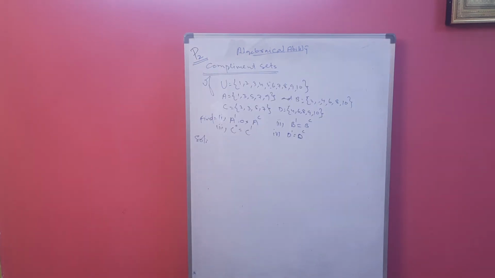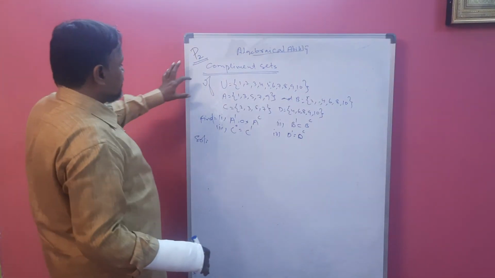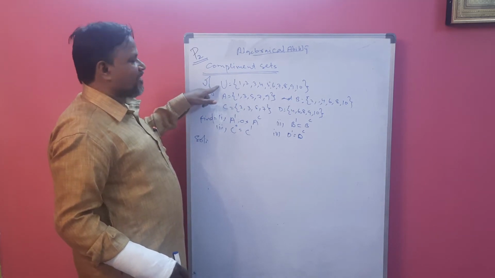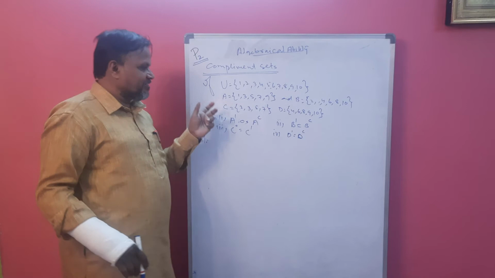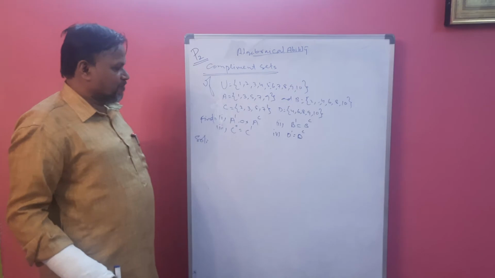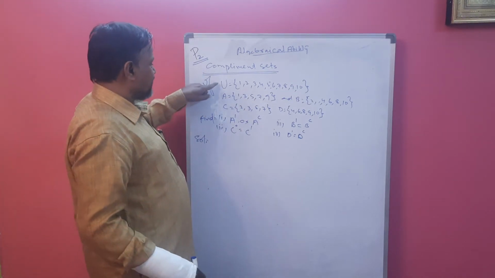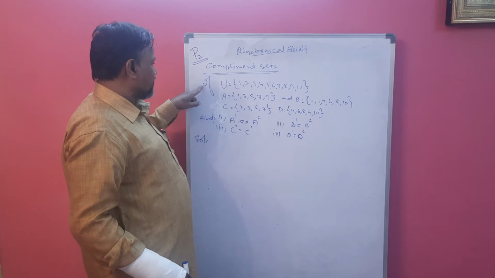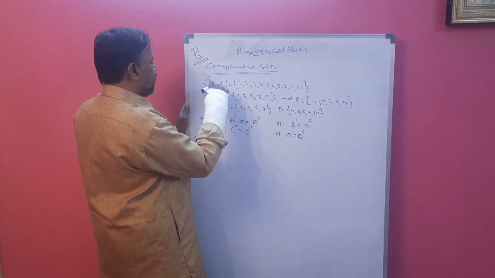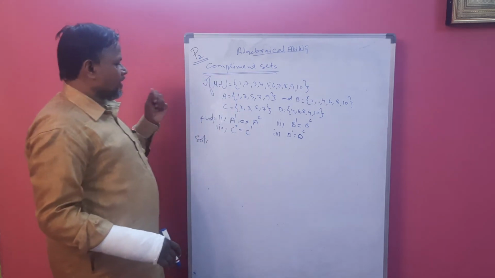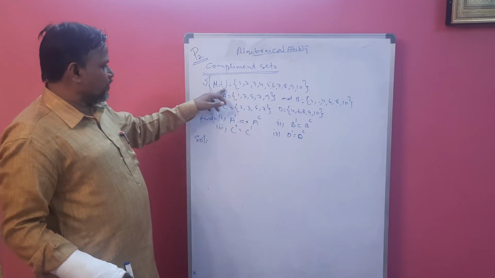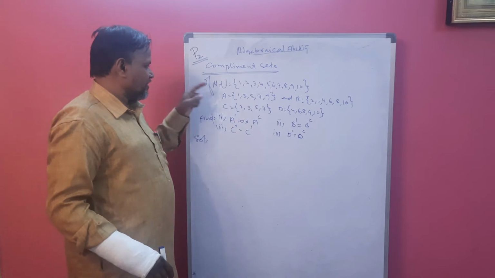Now complement sets. One more thing you have to remember here, while taking complement, you need a universal set. Universal set is the biggest set in the given sets, and all others are subsets of it. So we represent it with a U. So here one example is given for complement. Universal set, sometimes we write with U or sometimes with mu. Okay, mu or U, both are same.